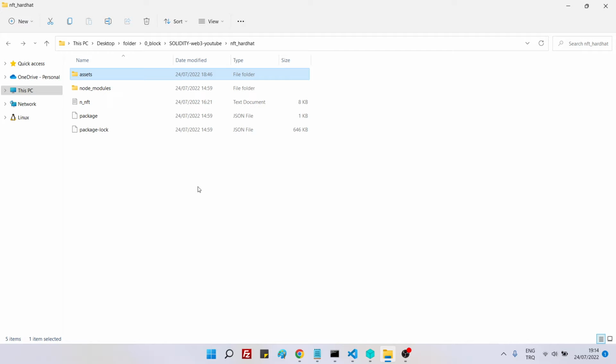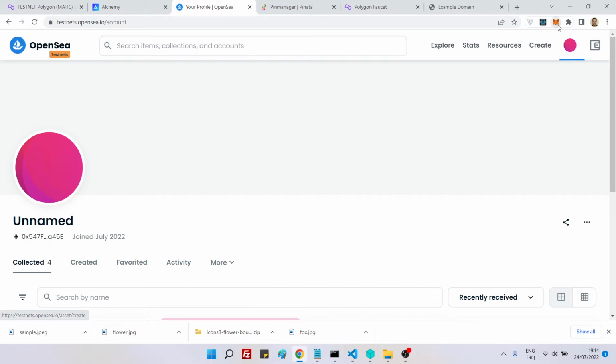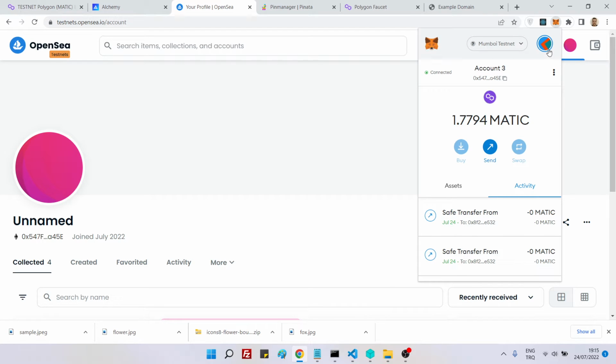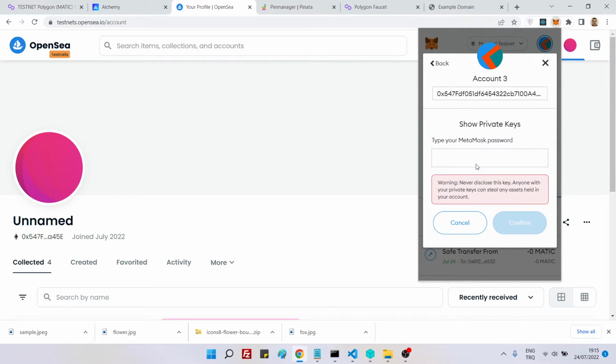So once you have done that, the next thing is to get the private key of your Metamask account, plus get the HTTPS endpoint from a node service provider. So let's do these two steps. The first one is we will get the private key from our Metamask account, and you should use your test accounts, okay? Do not use your main Metamask account for exercise purposes. So click on these three dots here and account details. It's the private key,